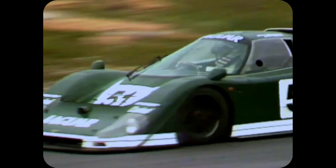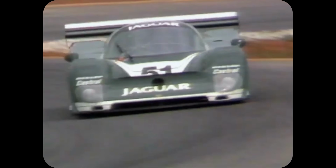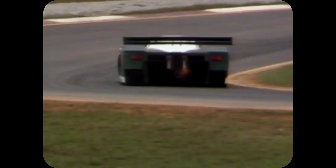The 1985 XJR-9 boasted a 6.2-litre naturally aspirated V12, a vastly different approach to Porsche's turbocharged flat 6. Unsurprisingly perhaps for a debut season, the XJR-9 didn't perform very well in 1985, managing 7th in the championship overall, though it is worth saying that of the 6 teams that beat Jaguar, 5 of them were racing Porsche 956